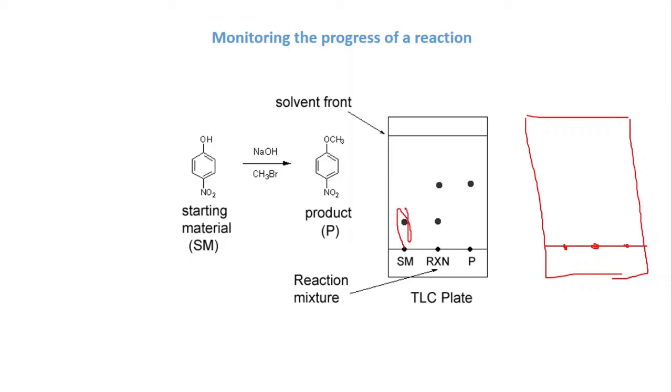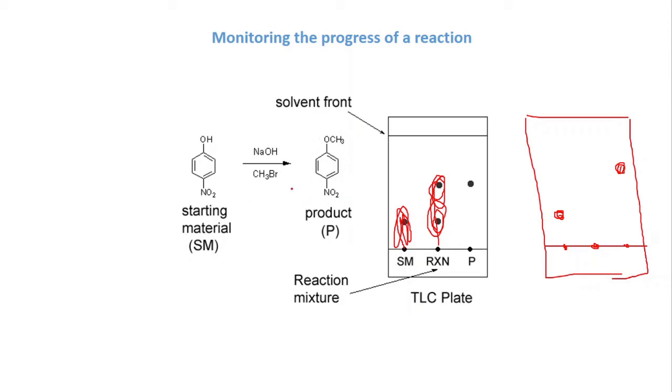It may look like this. It may look like it is dragging, or these two spots may overlap like this. So you don't see proper separation and you don't see distinct spots. Okay? When you spot the dilute spot, now the reactant nitrophenol will be somewhere here, and the product already here. This one, from where you got the product? So this is from the sample which you already have.